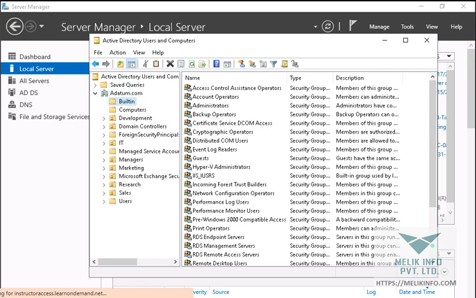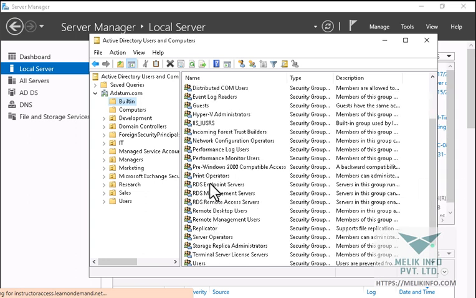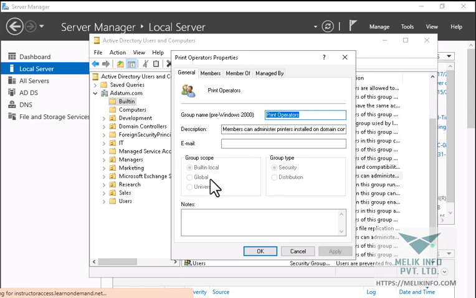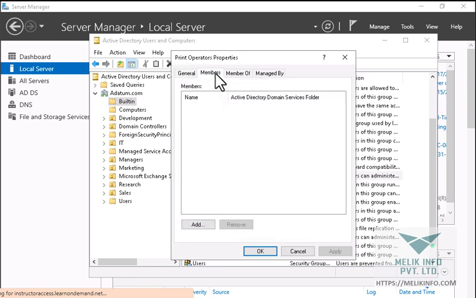These are the default groups. So you see we have print operator, and if we click on the members, there is no member in this group,